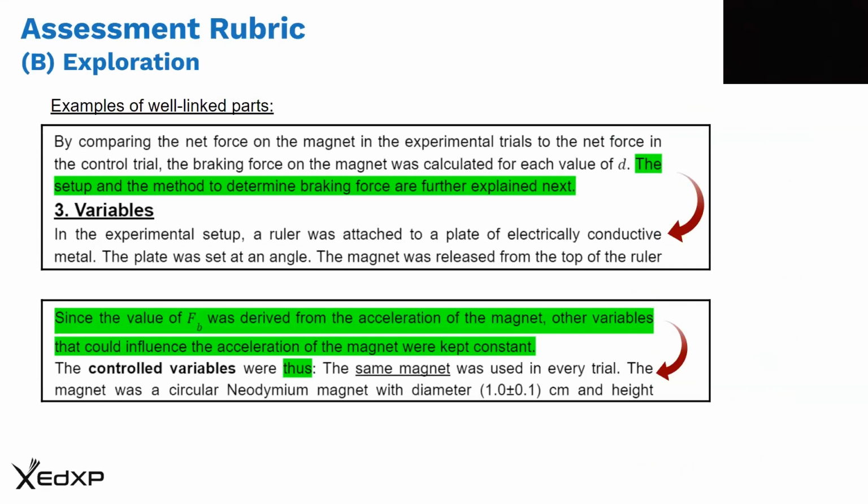Let's consider the first example. In this first example, the report says the braking force on the magnet was calculated for each value of D. A reader's natural reaction is to wonder how the braking force is calculated. The report then segues into variables, as you can see in bold, and answers this question by elaborating on the